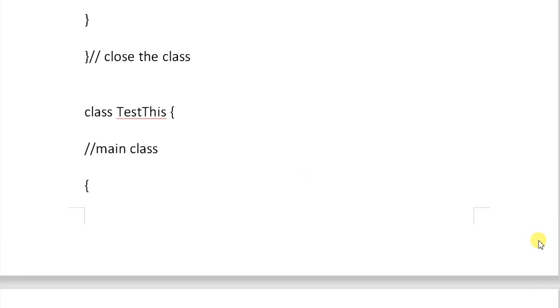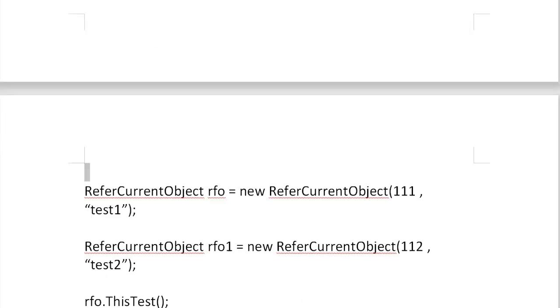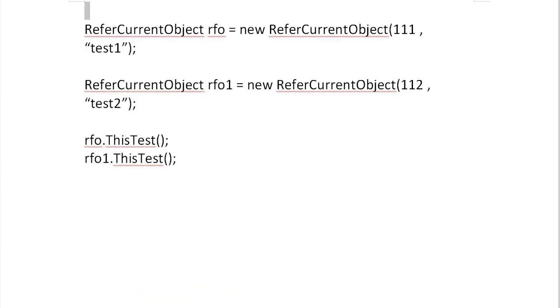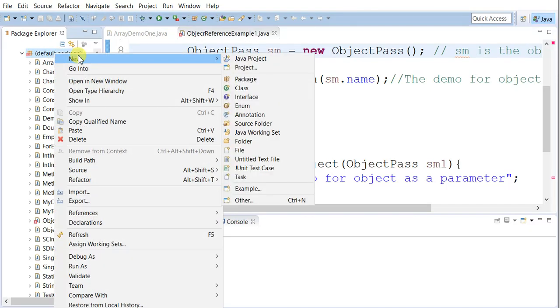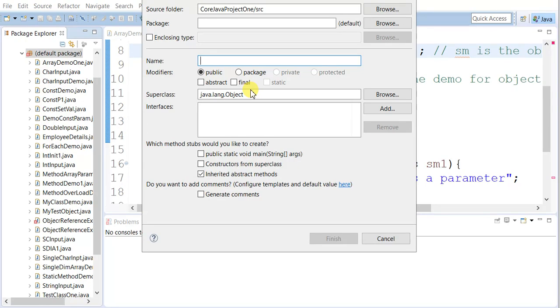Test this, this is the main class. And so let me just use one main class. Test this. This is the main class.